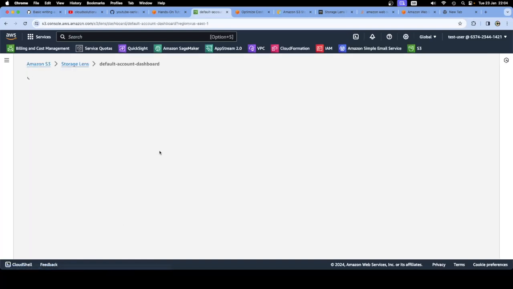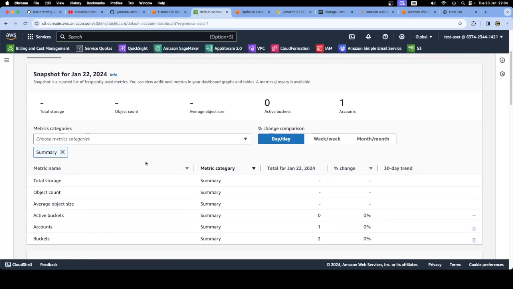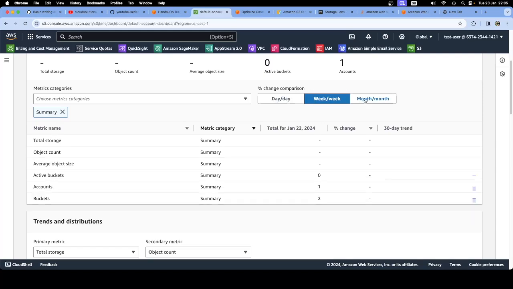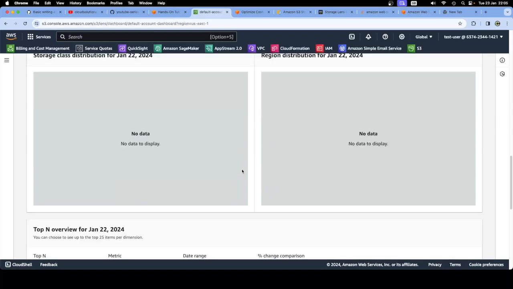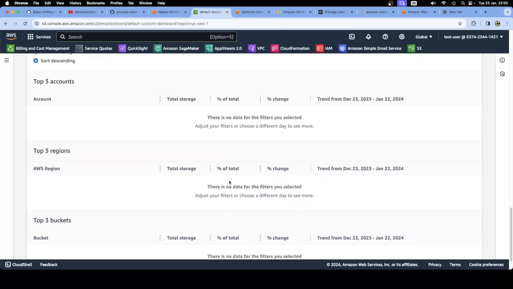here. This is the default dashboard. I didn't create this, so you can see it's the 22nd of January here. But I basically didn't create this. You can see there's one account, two buckets. You can see there's a 30-day trend here. You could change that to week, you could change that to month. You could look at your buckets and see what else we can have here. Top regions, top 3 buckets,